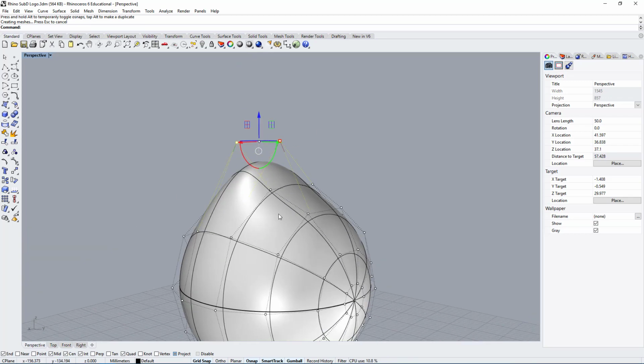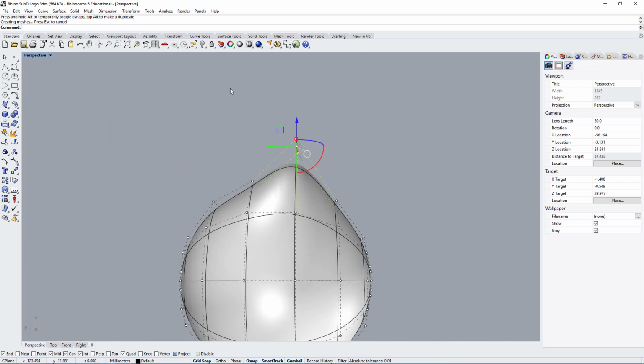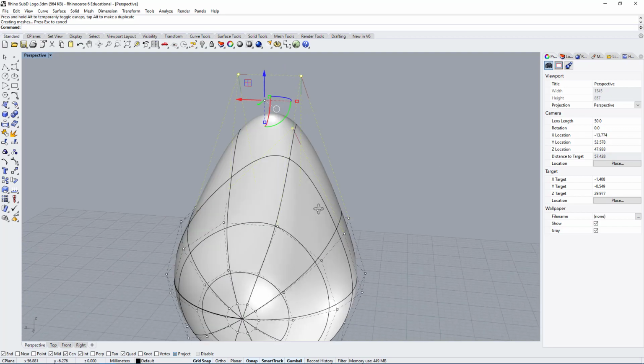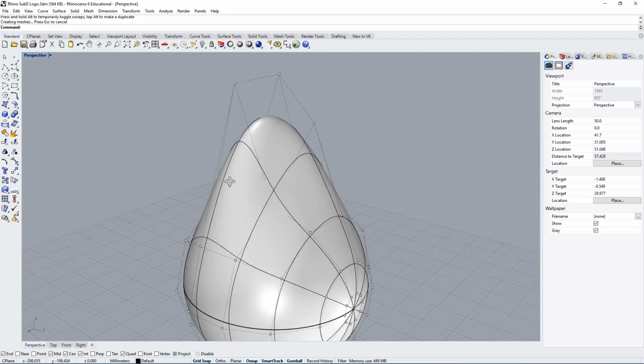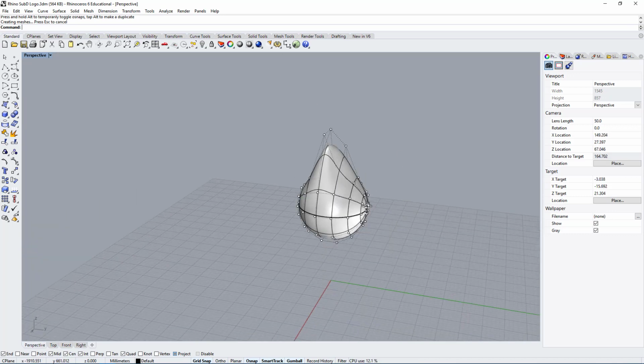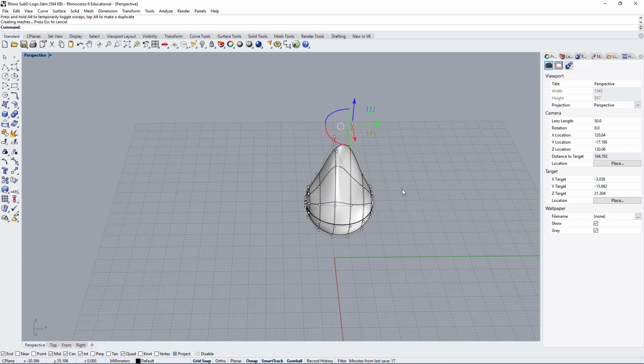So this is freeform because it's not very accurate. We can get it to be accurate, but typically, when we use freeform modeling, we don't have the same level of accuracy, and in many cases that's fine. So this is freeform modeling, right? We take a NURBS surface and we manipulate it by moving points. In this case, control points.